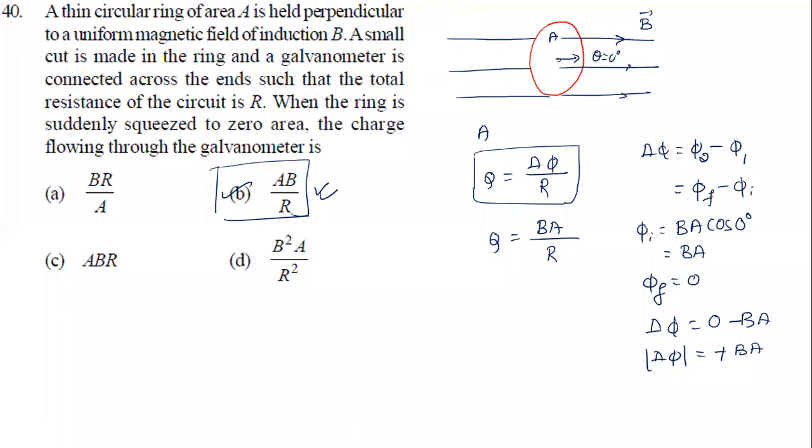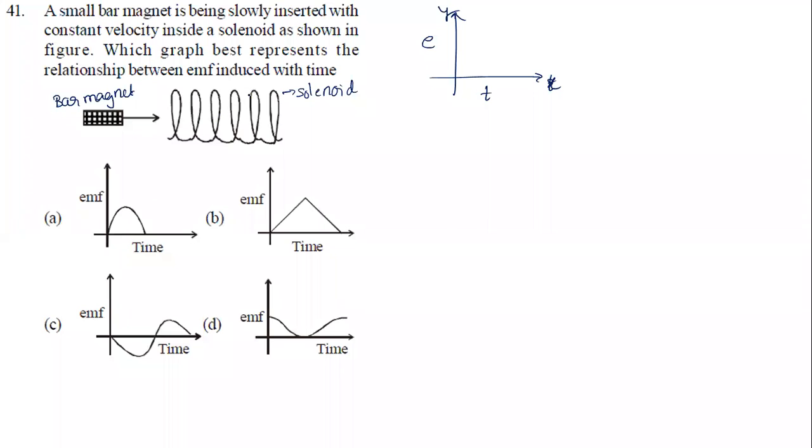So see here, as the bar magnet moves inside, the flux linked to the coil is changing. As the flux linked with the coil is changing, what will happen? There is an induced EMF. So I can say now induced EMF is given by minus d phi by dt. Do you agree with this now? Minus d phi by dt means, from this equation, EMF is proportional to 1 by time taken. So initially as you move, what will happen? As time increases, EMF decreases. Means you are going to move slowly.